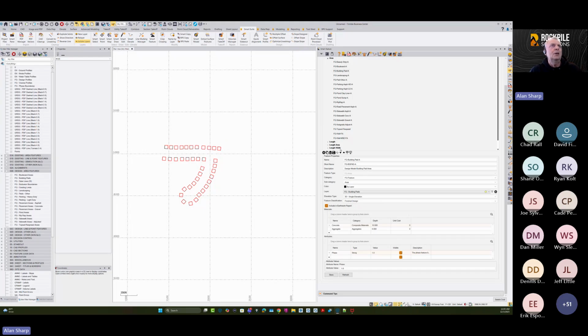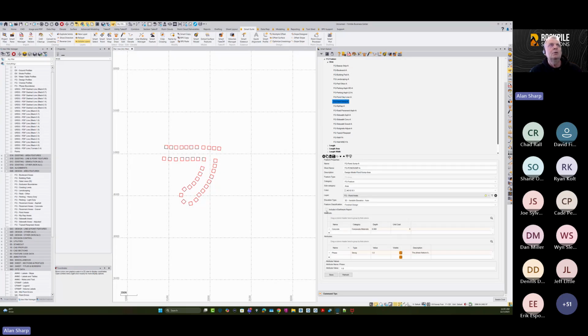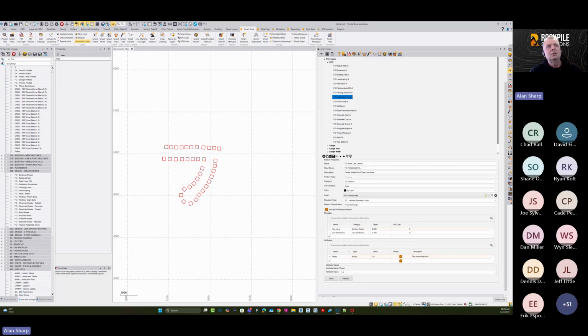So any feature can have that assigned, but you don't necessarily want to assign it to every feature. If you go to this one, for example, you see that one's turned off, but if I go to the clay liner, it's turned on. So the pond area would be reported, but the sumps in the pond wouldn't be reported. So you can choose out of each feature which ones will appear as a subgrade adjusted quantity, whereas in TBC, every area feature just gets reported directly. You don't have to report them all because most of them you're probably not going to want the sub quantities